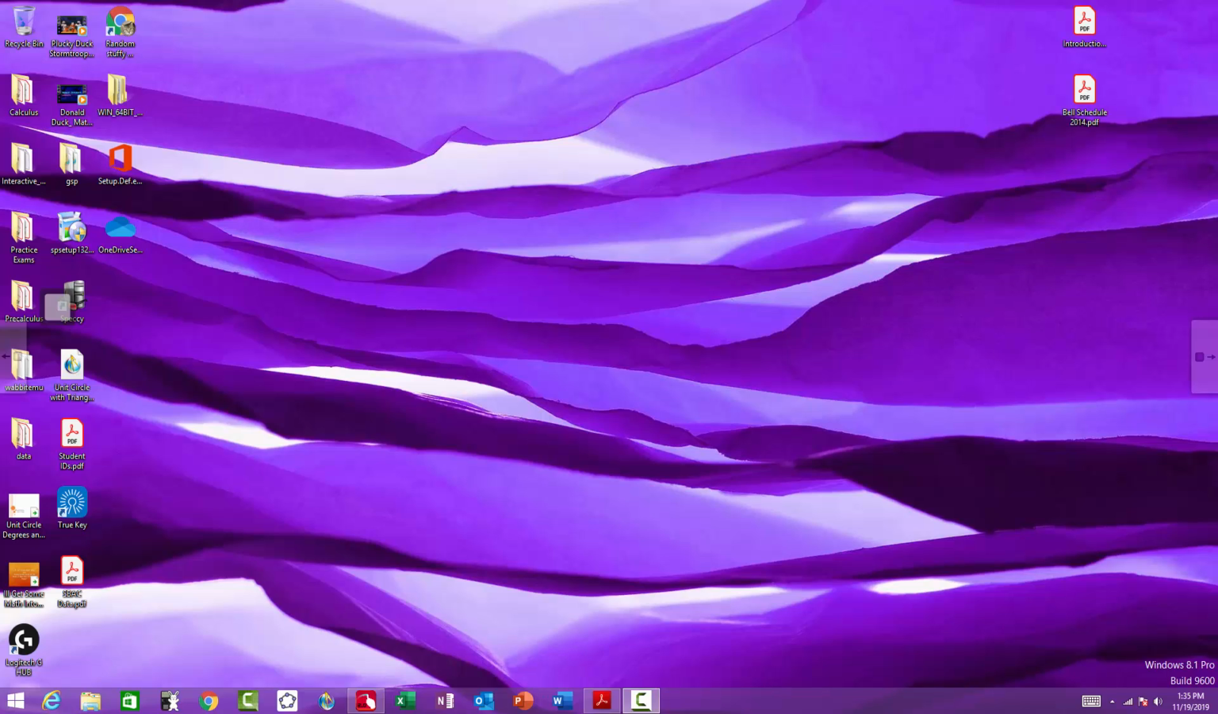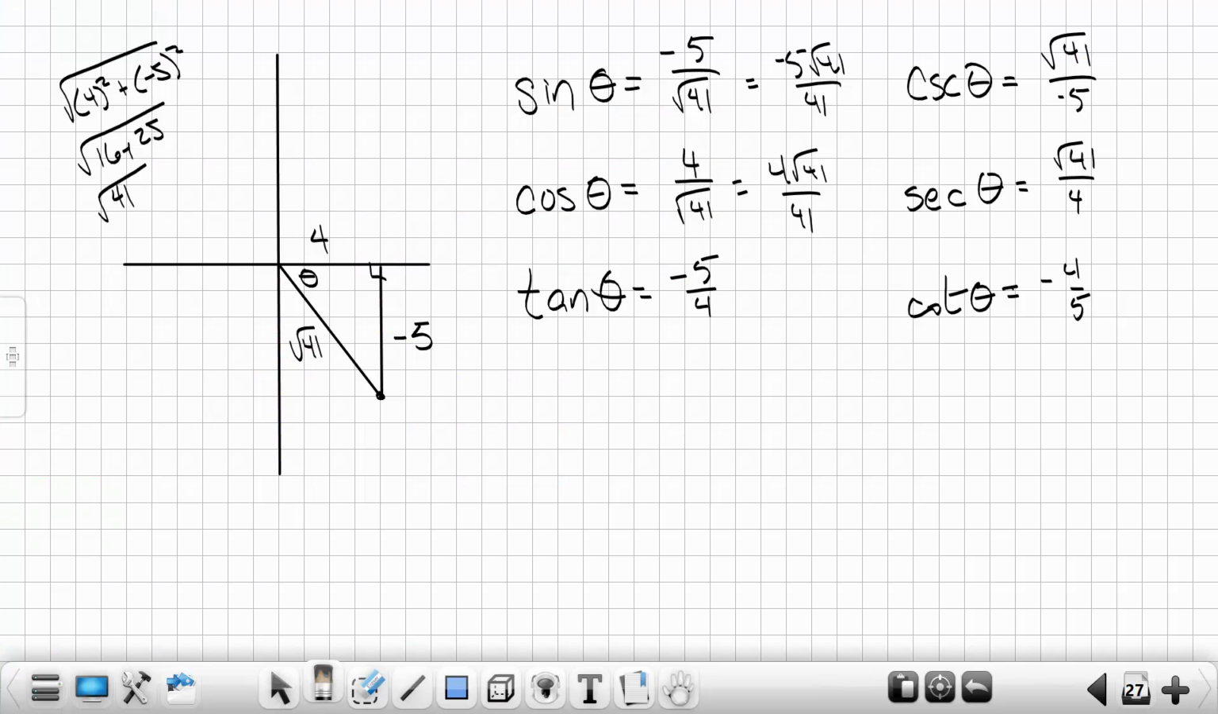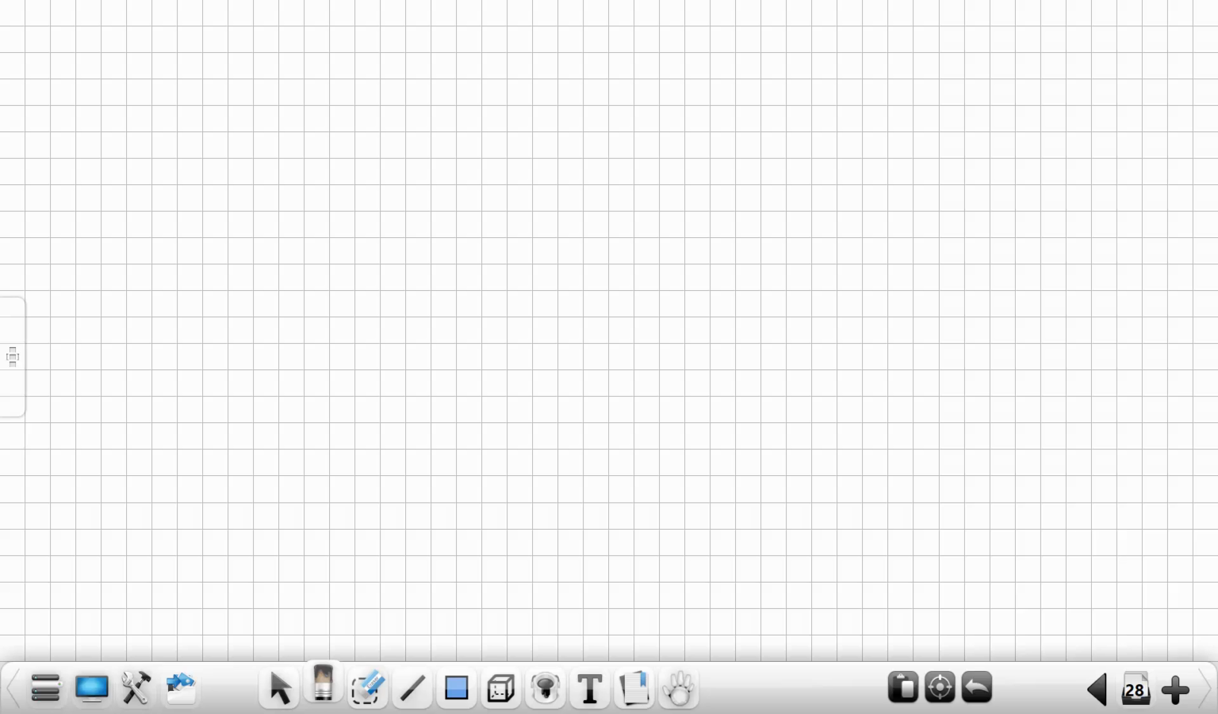Yesterday we left off with the beginning of the binomial theorem. So the binomial theorem states: a plus b to the nth power is equal to